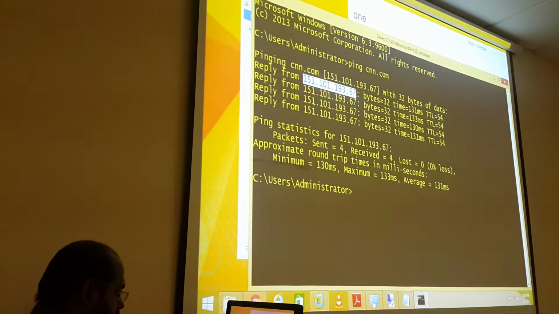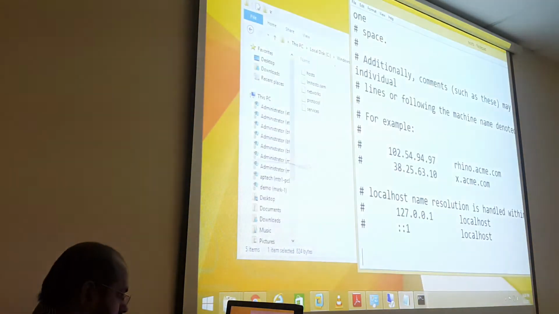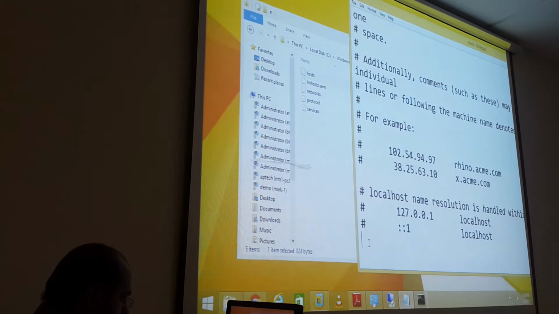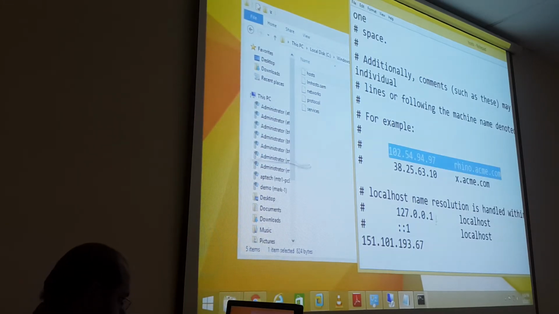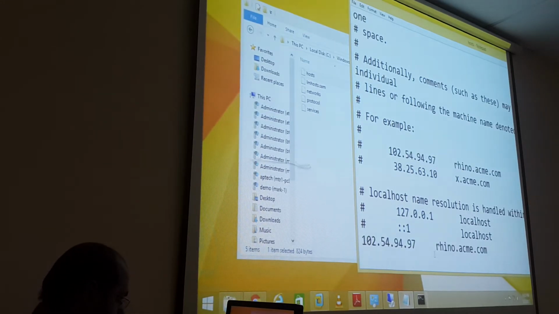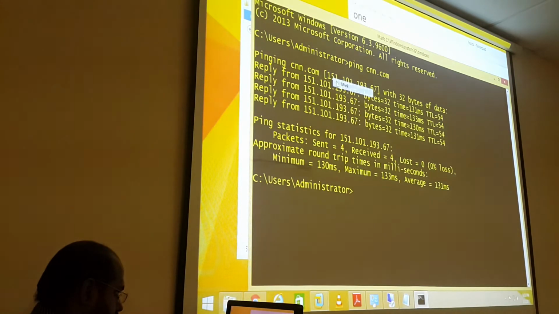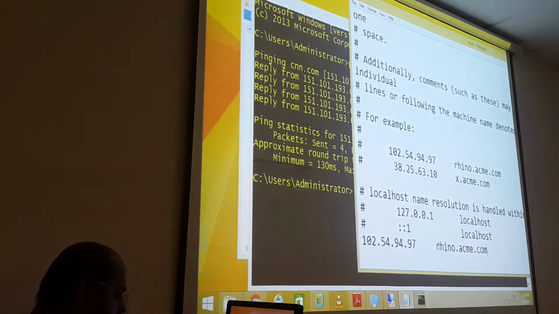I take this IP and I'm going to put a fake record saying this IP corresponds to some format. This IP corresponds to